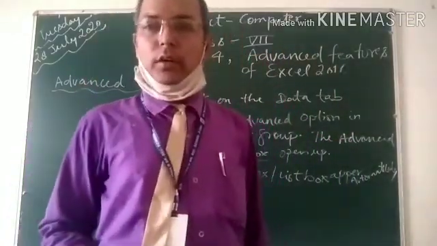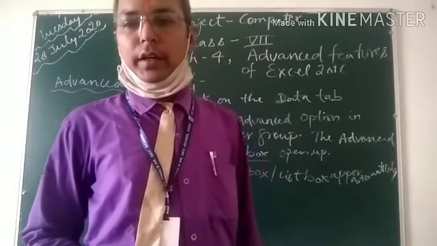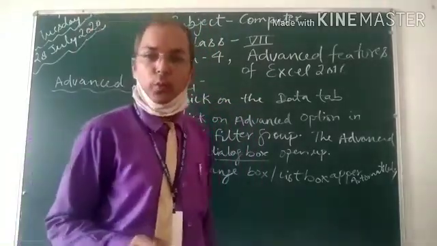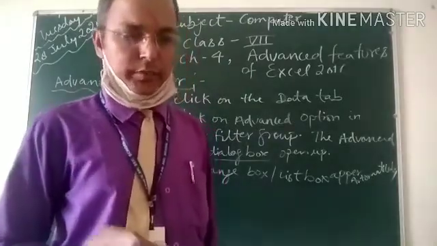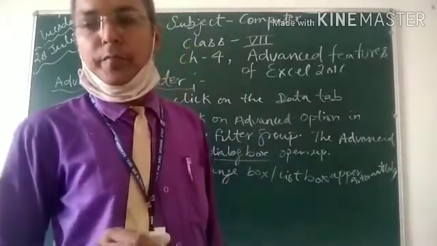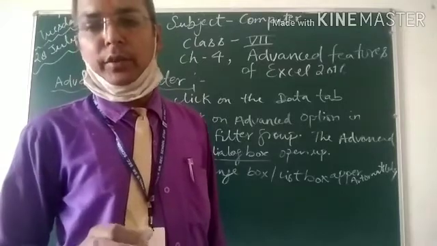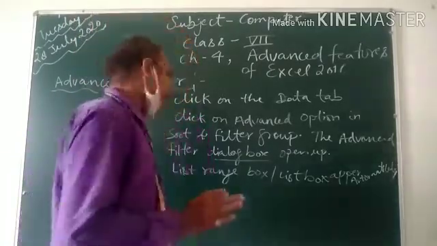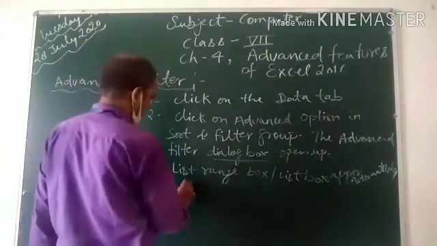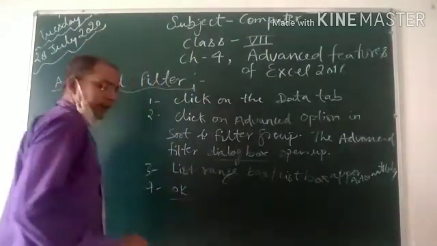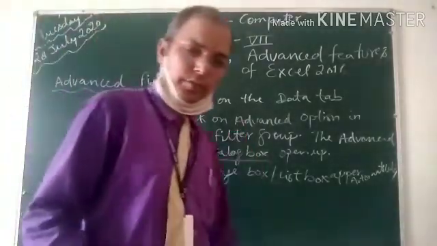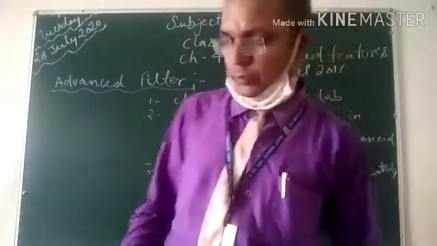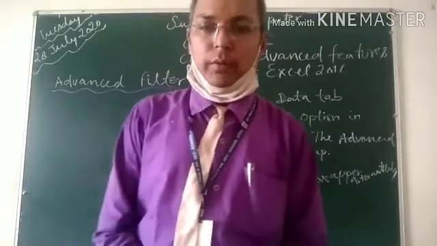Next, click on the Criteria Range and select B2 to D3, also in figures 4.7 and 4.8, the cells with the reference criteria. Click on the OK button. Then the filtered data will be displayed in the worksheet. And now the last option: click on OK and the filtered data will open on the worksheet. Filter data. So I will show a book.